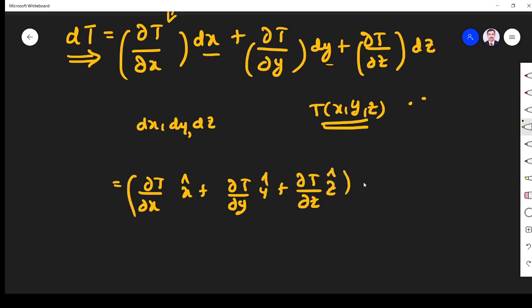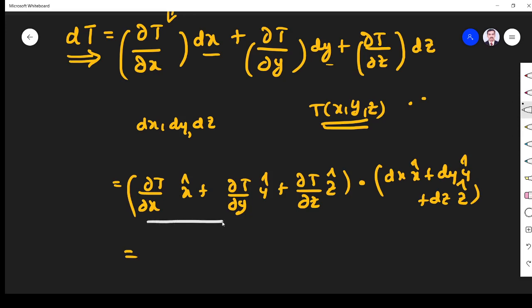Next, it is dot product. If I write dx x vector plus dy y vector plus dz z vector, and take a dot product between these two, you can get this one only. So I am writing like this. Now this is giving the gradient of T, or gradient of the temperature, multiplied by this,